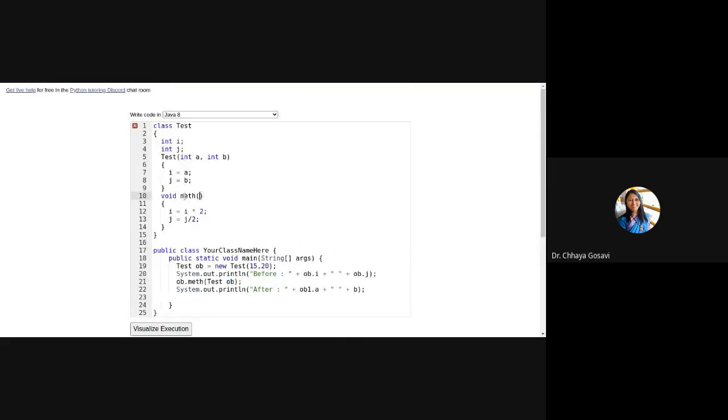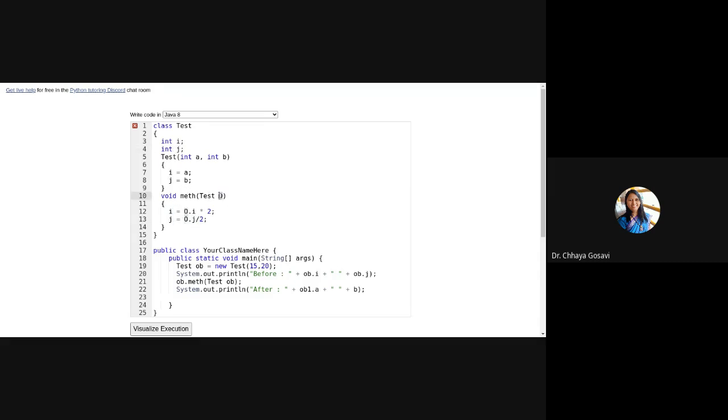So for this method, we need test, say, object o, and this o.i and o.j. O.i into 2 will be this i, the current object's i, and o.j means this object's j, and this is our result j.